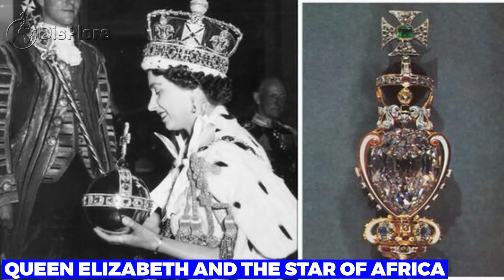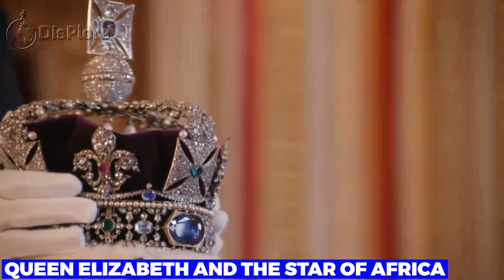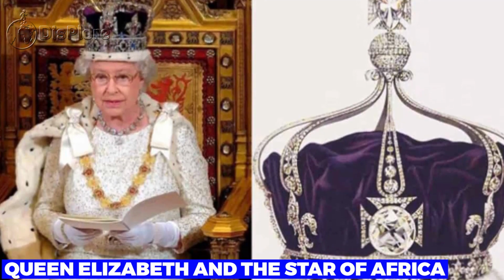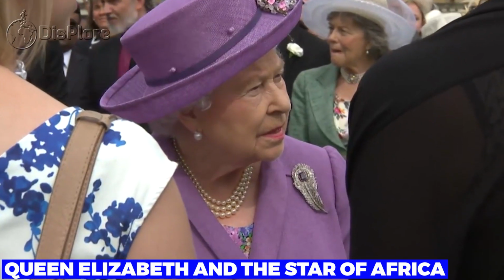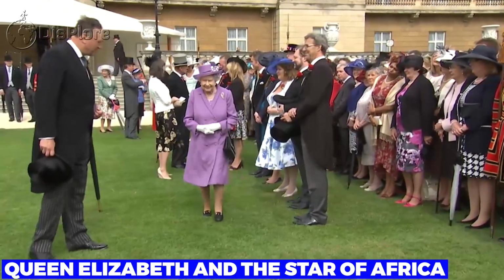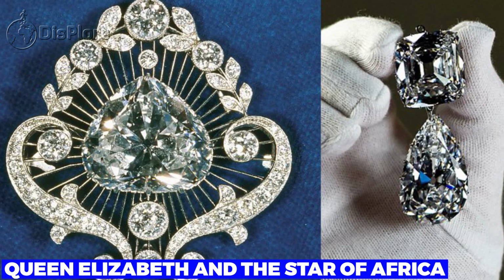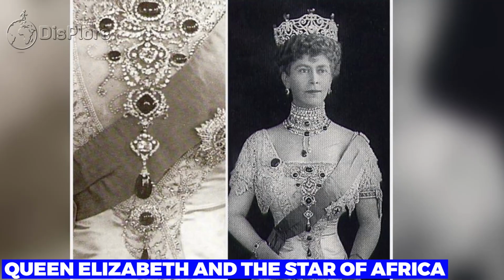Queen Elizabeth and the Star of Africa. This crown was made in 1937 for Queen Elizabeth, consort of King George VI. The front cross holds the Koh-i-Noor diamond, which had been mounted in the crowns of Queen Alexandra and Queen Mary. Queen Elizabeth II talks to guests as she hosts a garden party at Buckingham Palace in 2010. She's wearing the Cullinan 5 brooch, which includes a heart-shaped stone weighing 18 carats. The brooch was originally worn by Queen Mary as part of the suite of jewelry made for the Delhi Durbar